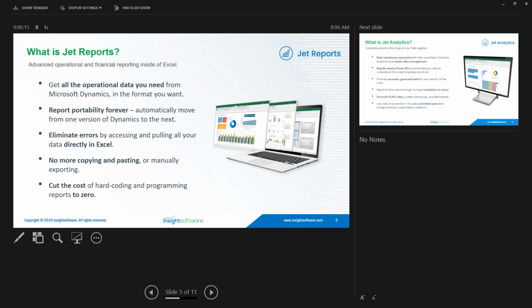And so the whole idea with Jet Reporting is that this is something that's going to bolt directly into Excel. We found that's where most financial professionals ultimately consume their data. That's where they're comfortable. So we set out to create a tool that allows users to stay right inside of Excel and just